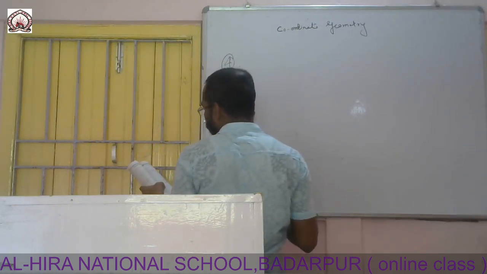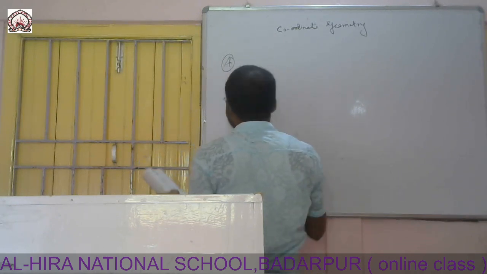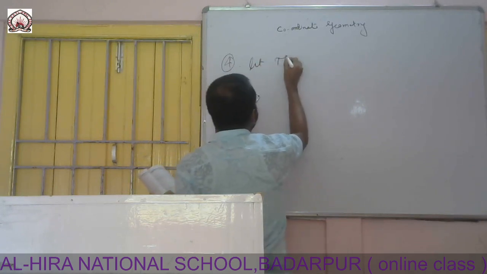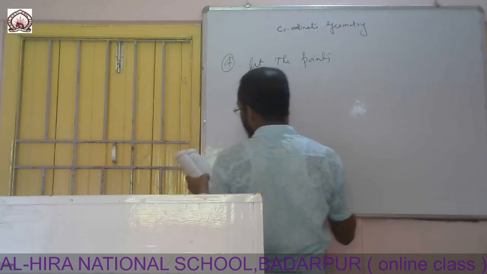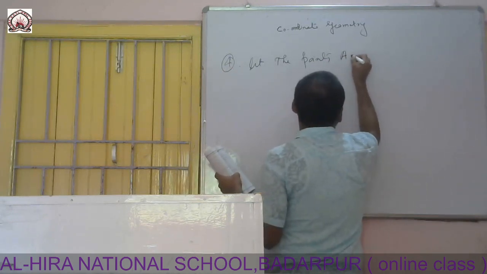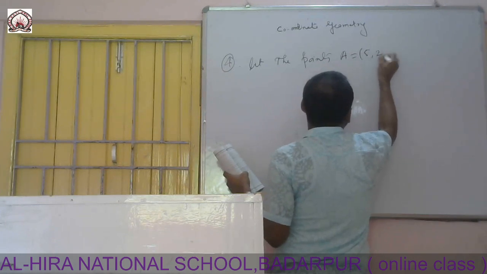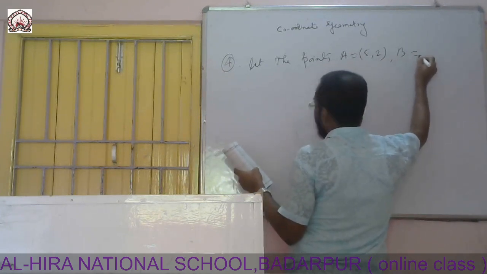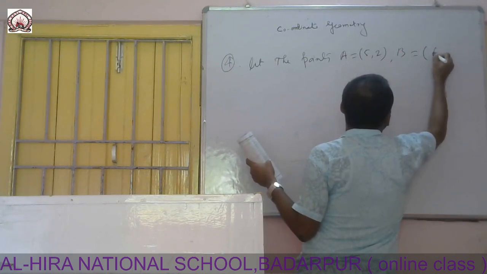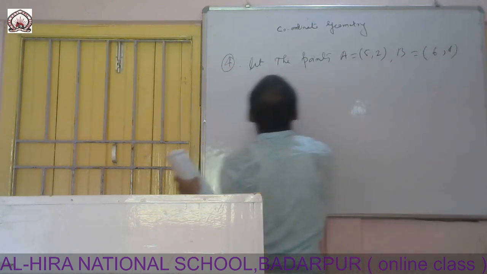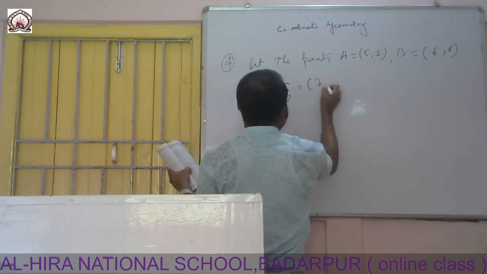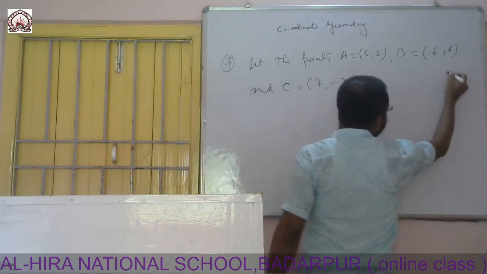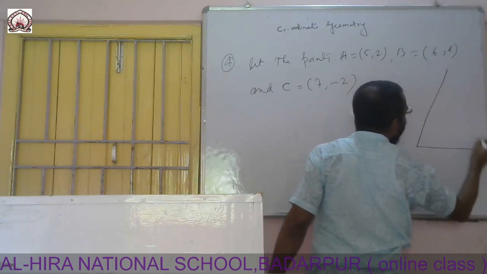Whether the points are the vertices of an isosceles triangle. So, let the points be A (5, 2), B (6, 4) and C (7, -2). So, if it is an isosceles triangle, here you draw a triangle,